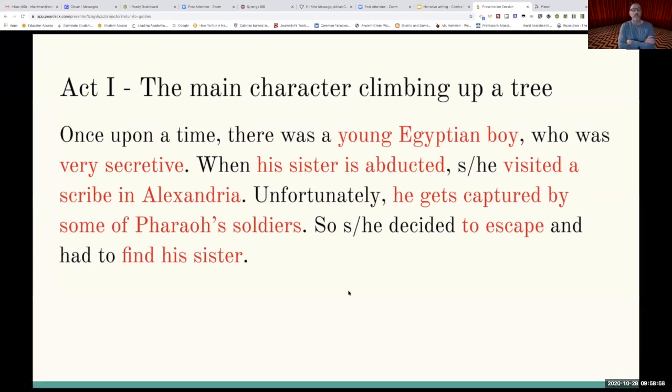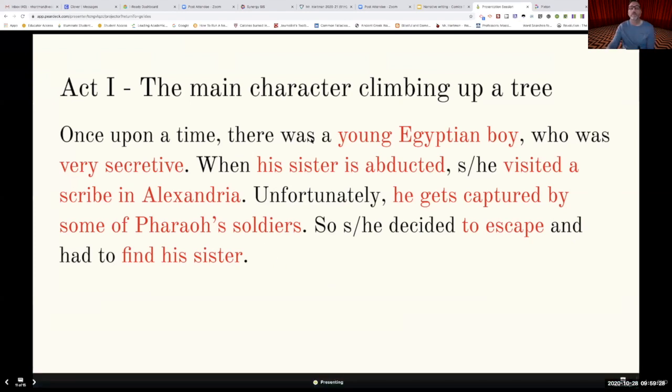So he decides to escape and find his sister. He knows that he still needs to find his sister, and he's committed to doing that. And he's got to escape from Pharaoh's soldiers. But it's okay. There are going to be those little things that I have to figure out, but the spine of my story is there. So goal, activity, complication. So if I'm looking at it from that perspective,